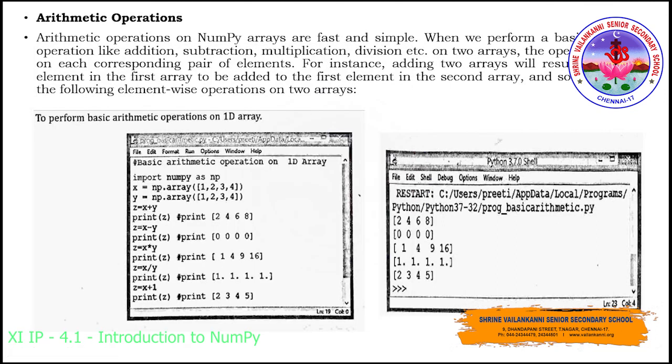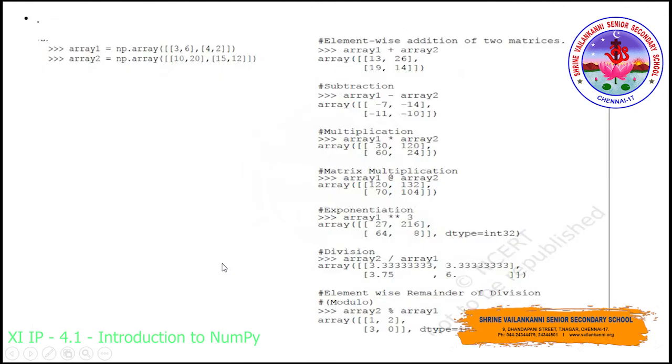Okay, so if you look at the arithmetic operations, they are also very simple and easy to use. We have to just create two arrays, and followed by that, we can add them by using the variable z equal to x plus y. If you provide this, see what happens. The arrays will be automatically added up and it will display the result. So as usual, the basic arithmetic operations can also be performed on the arrays which we have created.